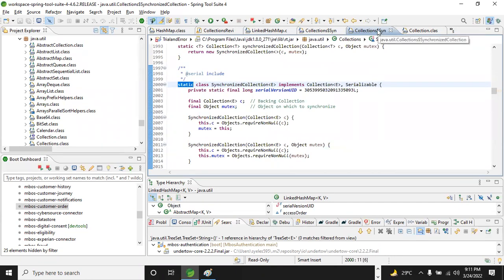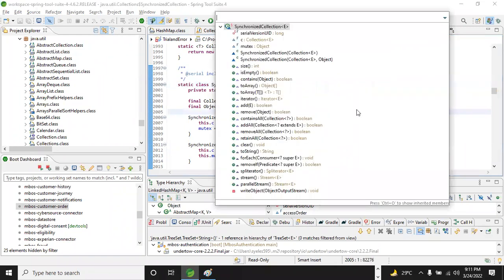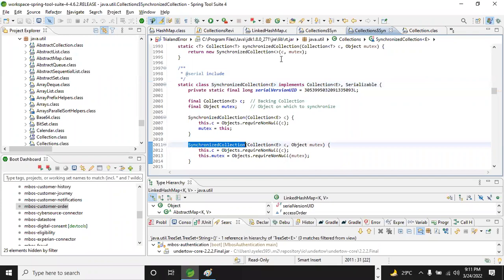So that is the reason you might see the representation of Collections dollar followed by the class name SynchronizedCollection. It means it's an anonymous class. You don't need to create it separately outside as a separate public class. It can also be within the same class, where we can use it from the same Collections class itself. So you can have as many as you want in the normal class.